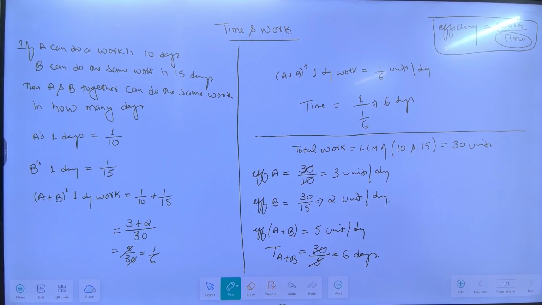And when there are two people, finding out efficiency is actually very easy. First note down this, then I'll tell you how to find the efficiency. LCM of time taken. Whatever number of days you find out, take the LCM of that. Take the LCM of that as your